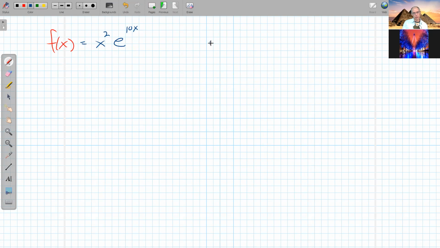So we're looking for inflection points. Again, a change in concavity, which means we need f double prime of x. So first derivative here,